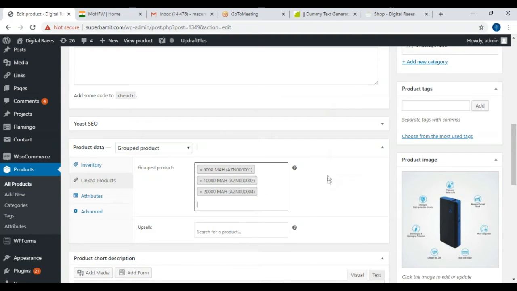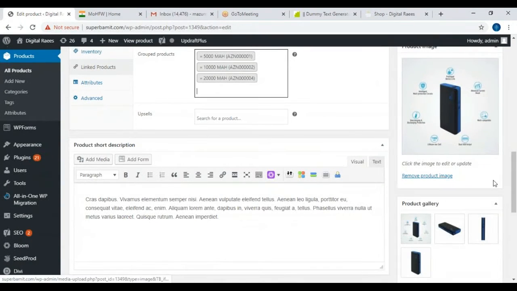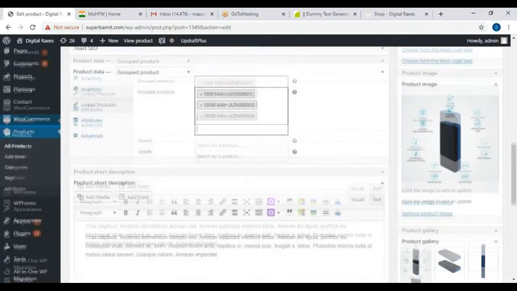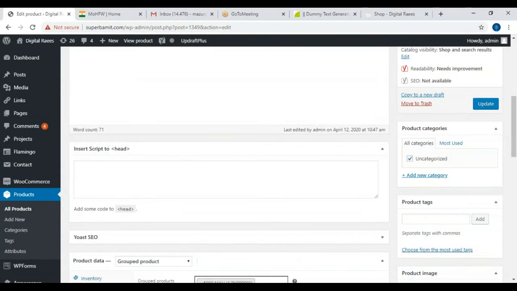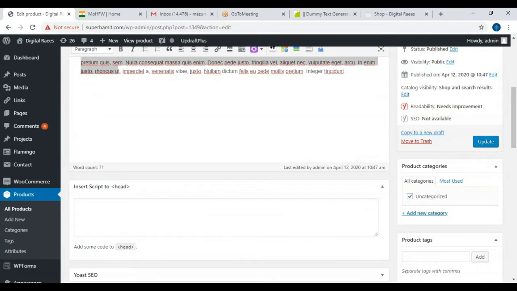So those simple products are now grouped inside one product. The product image you have to give in here, you have to give a gallery, and you can define the category. You can give the tags for this page, not for the simple products because they are hidden, and then you have to publish.